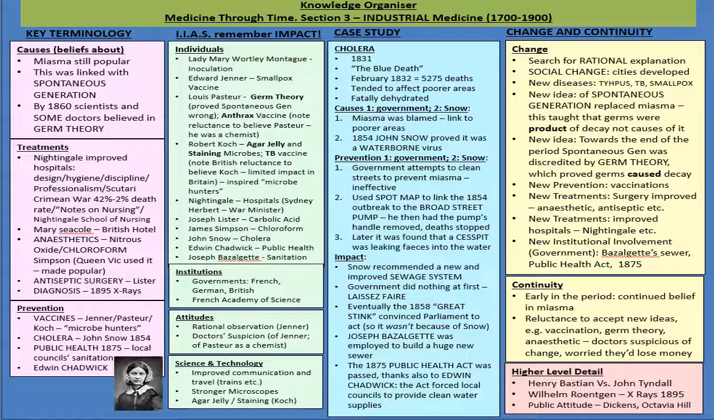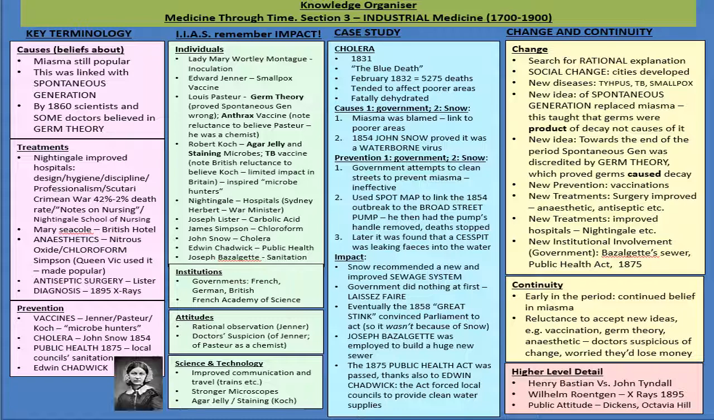Again, as with all of them, I'm going to start with the key terminology to do with causes, treatments and prevention. And then I'll move on to IIAS: individuals, institutions, attitudes, and science and technology. Then the case study, which in this period is cholera. And then we'll have some notes on change and continuity, and I'll try and get through it all in 20 minutes. When you're listening to this on YouTube, you should be trying to pause it and just make sure your notes are all